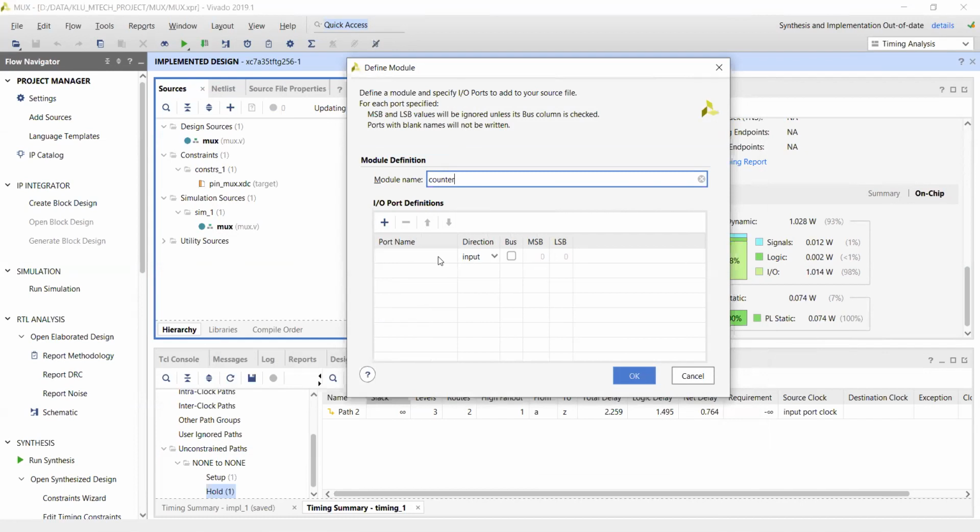Every sequential circuit consists of certain common inputs, like clock signal and reset signal. And for up down, I want to take another input called enable.